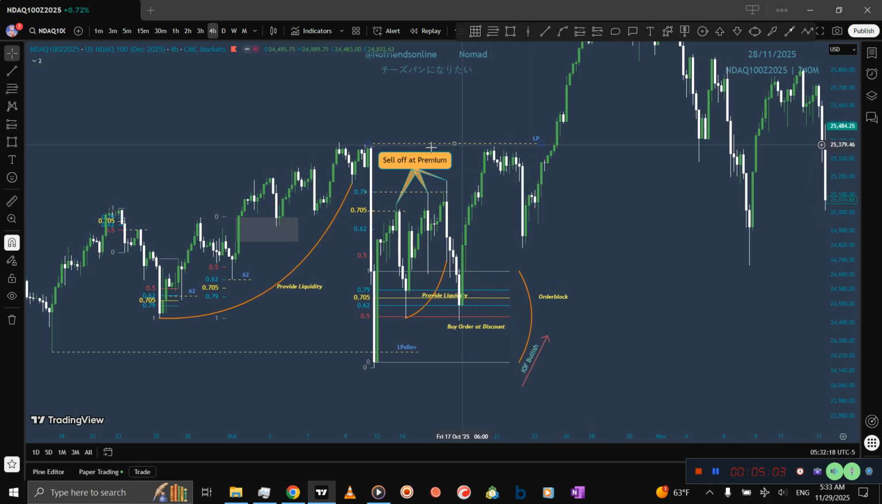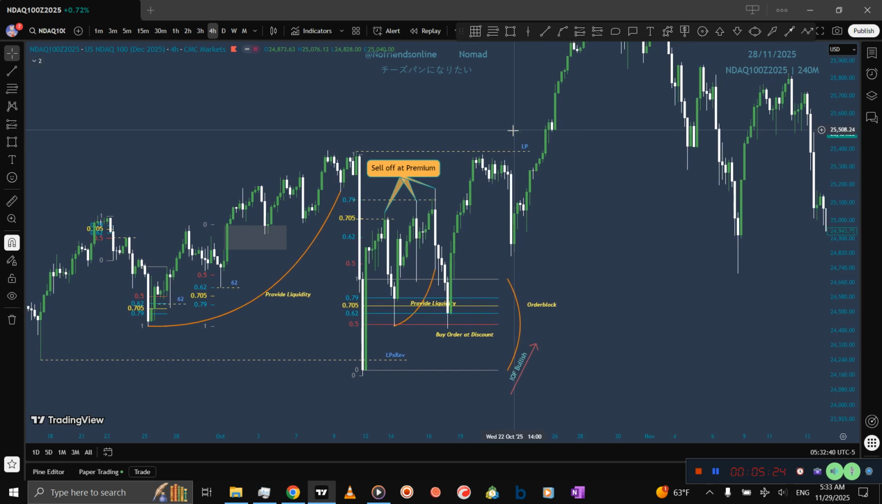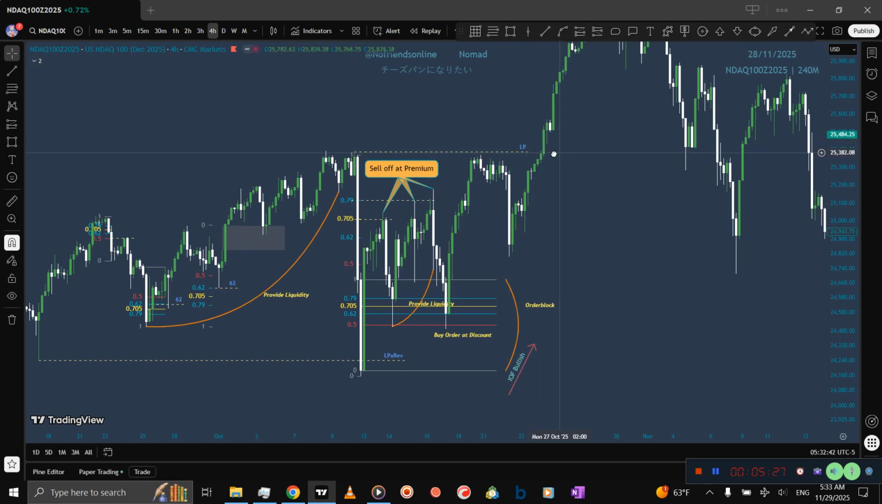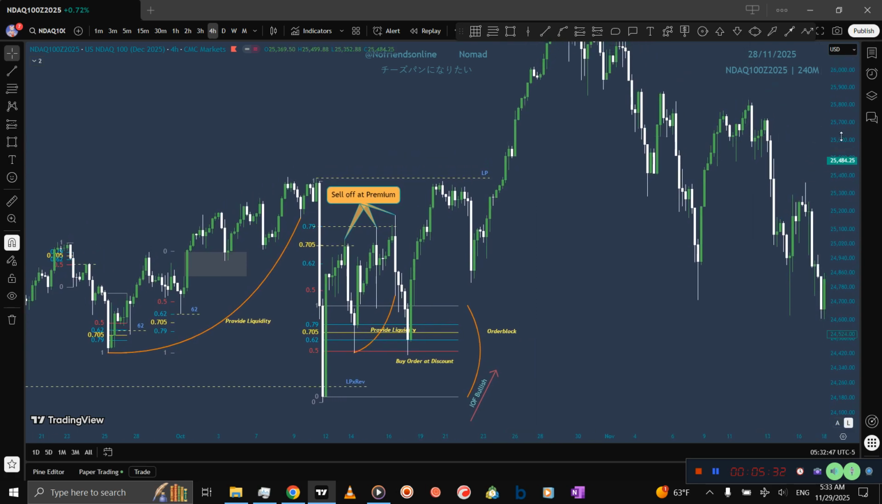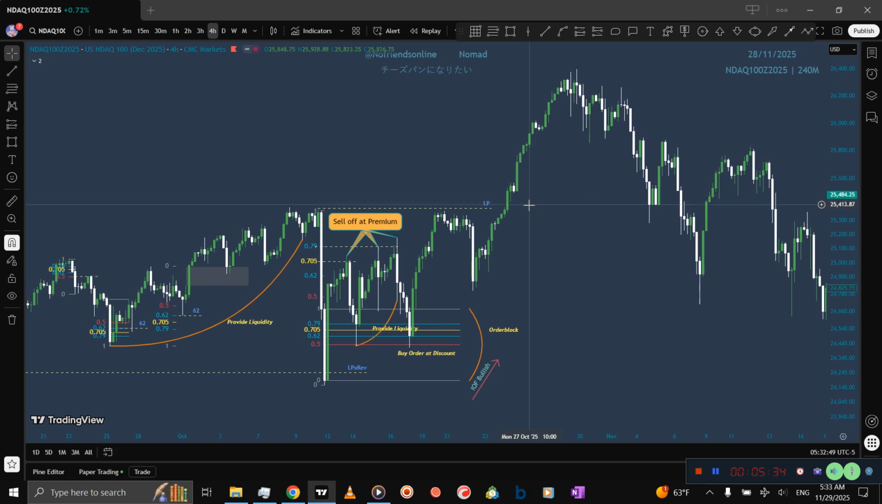So we took this liquidity. So what is important about it? You have to notice that in ICT concept, when we take a liquidity pool, there is a reversal, but we don't have it here. So what's the problem? It's all engineered higher and higher